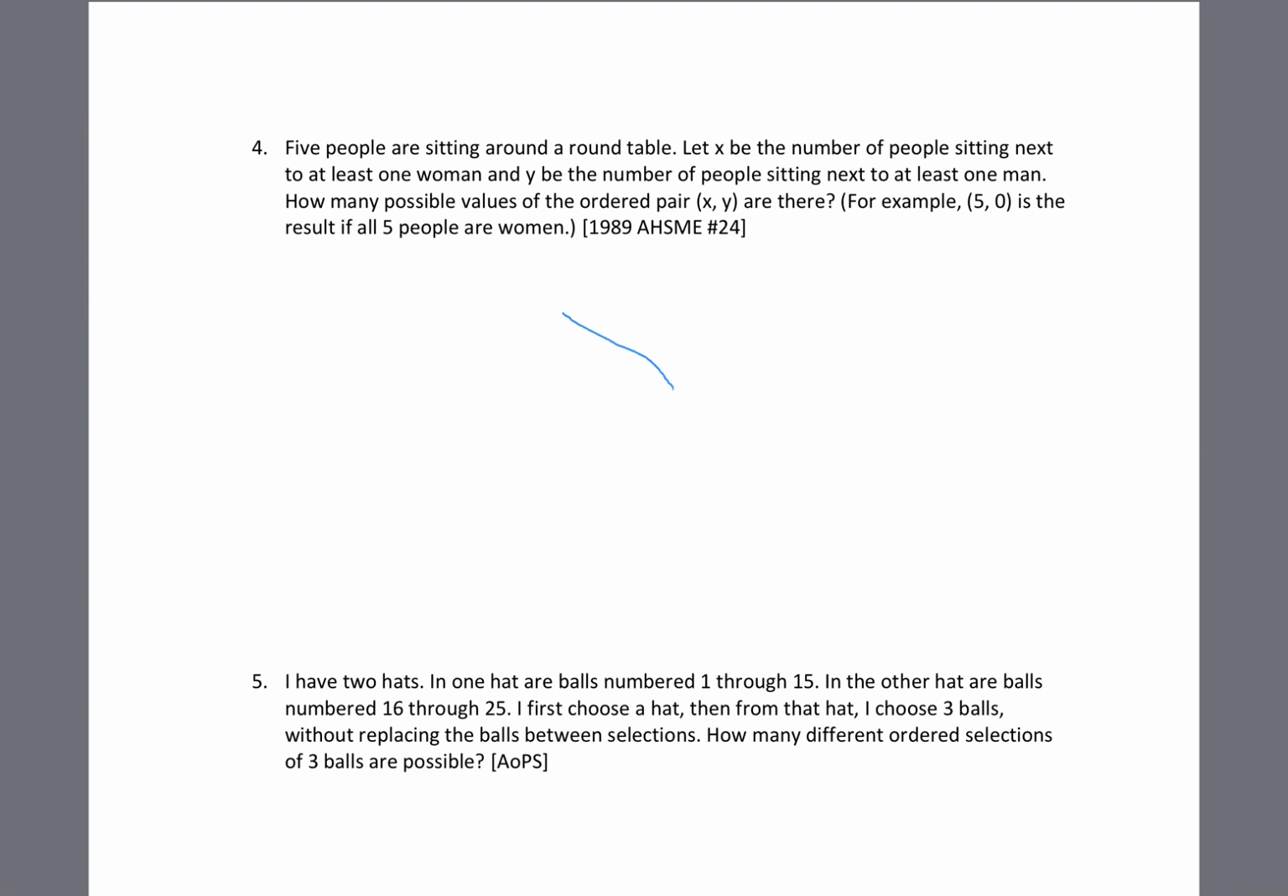Okay, we can start now. So let's start with case 1 again, which is when all 5 people are women. The problem statement already gives us the answer. It's 5, 0. But let's try to think about this ourselves. If they're all women, let's color the women blue. Looking at each person, the people next to them are all blue, so everyone is seated next to women. So there's 5 people seated next to women,